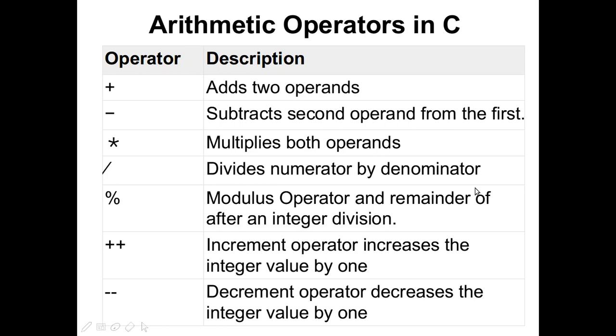And next what we are going to discuss is the arithmetic operators in C. When you look at the arithmetic operators, you will be very much familiar with addition, subtraction, multiplication and division. So look at plus, minus, star, slash, as in mathematics. Only percentage is different, which is for modulus. So when you make a division, for example 5/2, you will get only the quotient. But if you want to get the remainder, then you have to use percentage. As I say 5%2, then in that case you will get the remainder.